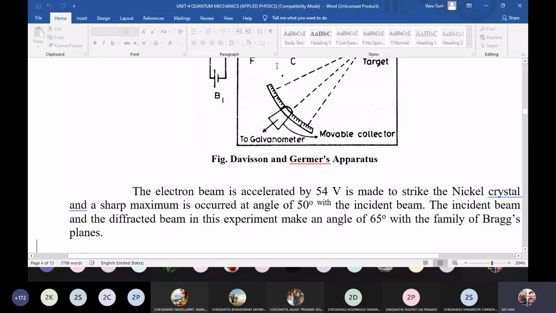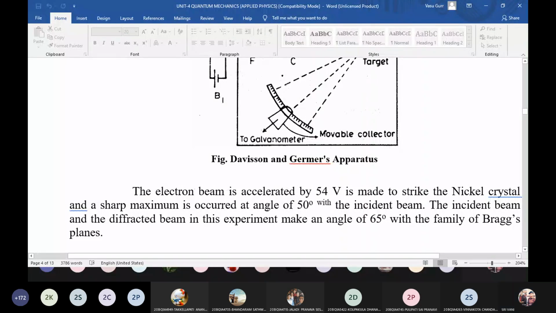Next, to pass the electrons in the circuit, a certain potential is needed, that is 54 volts, most important for online bits. What is the potential applied for the Davisson-Germer experiment? 54 volts. Is the same potential applied in all the experiments in quantum mechanics? No. Some of the experiments use 100 volts potential. They will test, if the potential changes, what is the change in the electron beam? For that purpose, the Davisson-Germer experiment uses the potential of 54 volts to strike the electrons to be incident on the